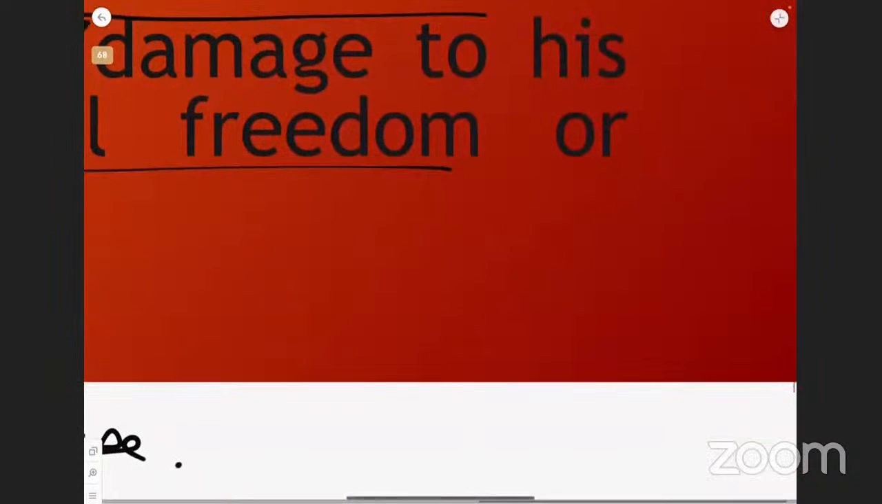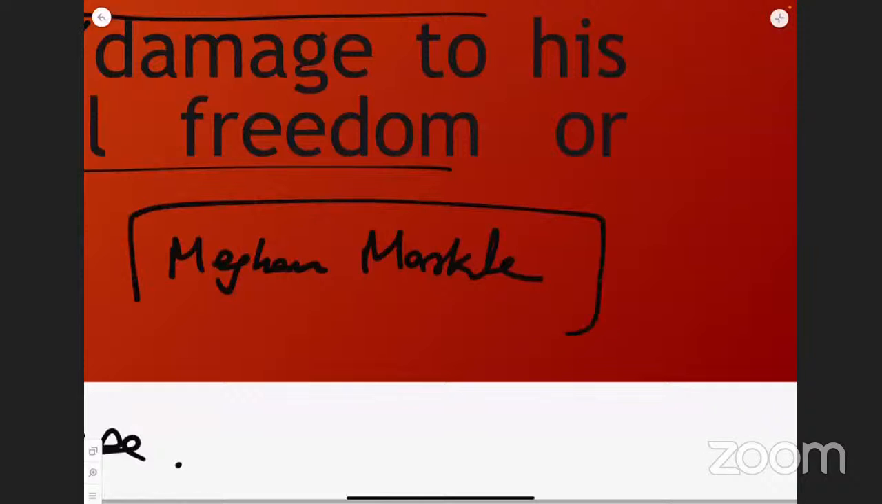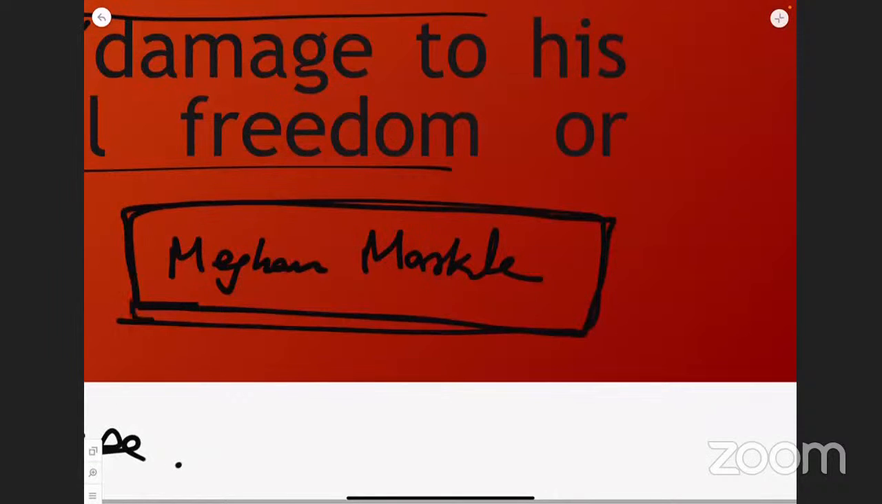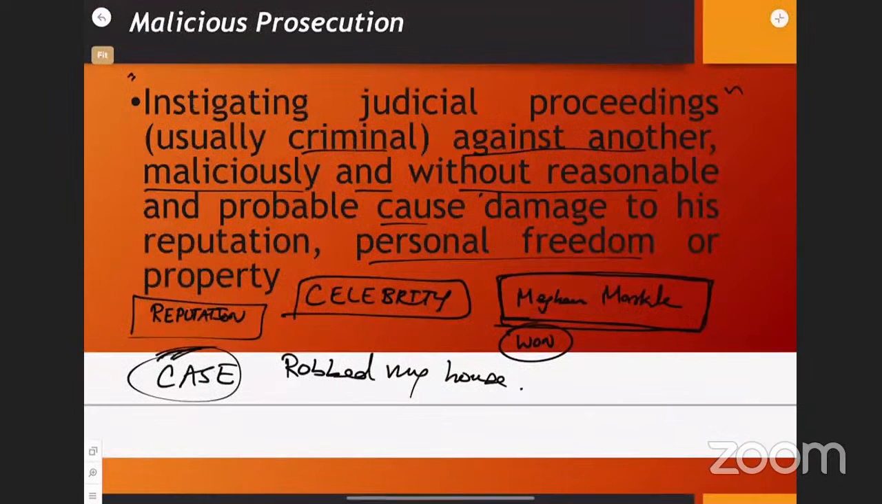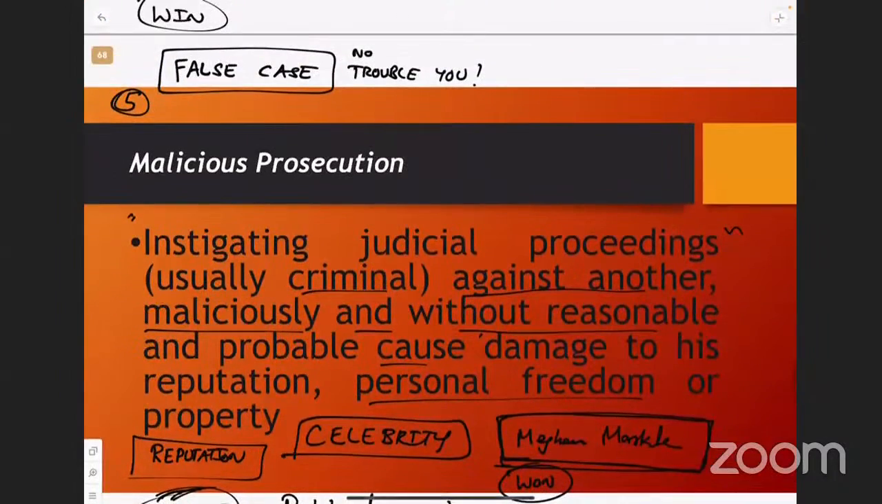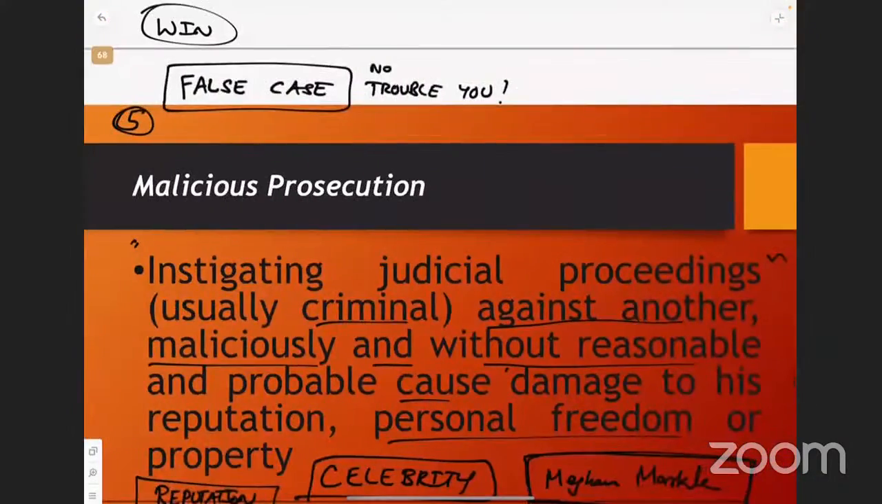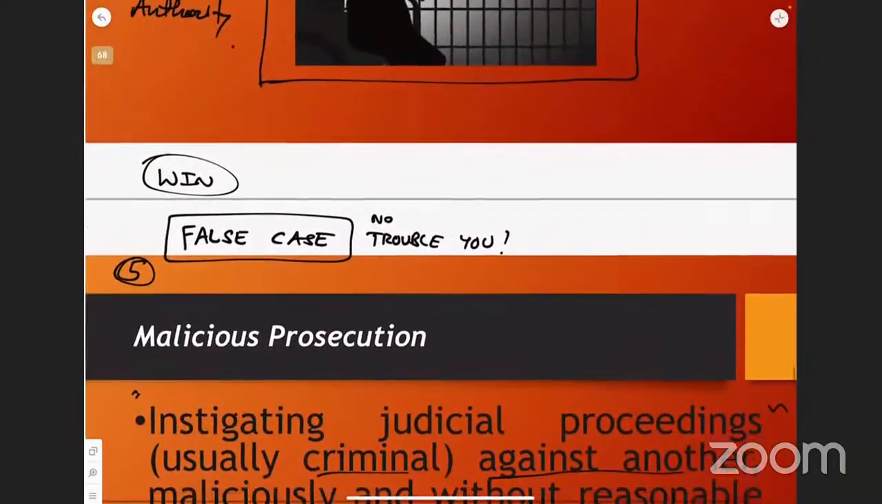Very recently, if you saw the news, Meghan Markle, who is the Duchess of England. That means she's the princess, right? She's the princess. So somebody had filed a wrong case against her. So she went to court and she won the case. So her reputation, which was lost because of that, was regained. So that is a malicious prosecution. So if anyone files a wrong case against you, it is against your personal safety and freedom, and you can